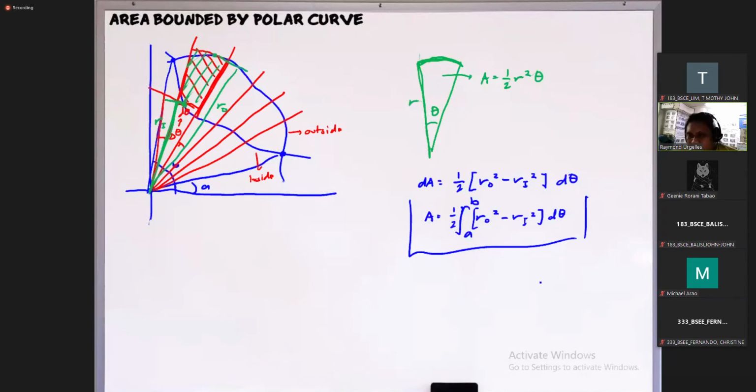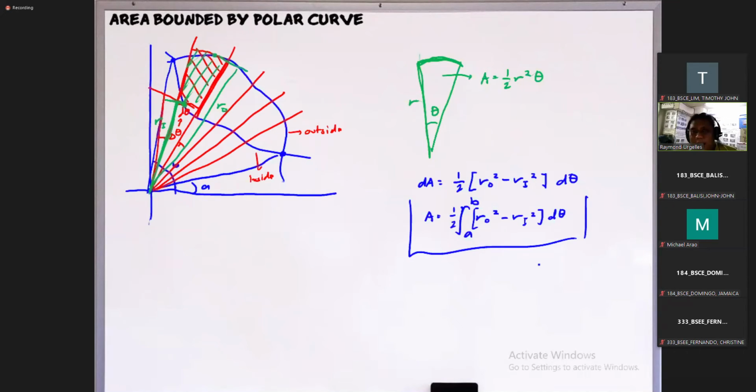Kaya mas magandang gamitin yung ganitong form ng area. Pero syempre, another option ninyo is you can convert from polar curve to rectangular curve. Pero para sa karamihan ng polar curve natin, mahirap silang i-convert sa rectangular curve, or kung mako-convert man natin siya, mahihirapan din tayong mag-solve ng area